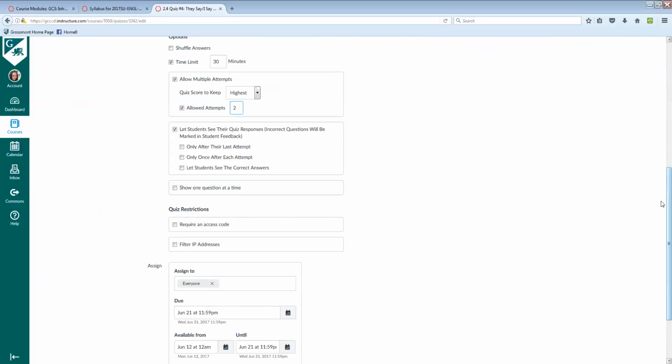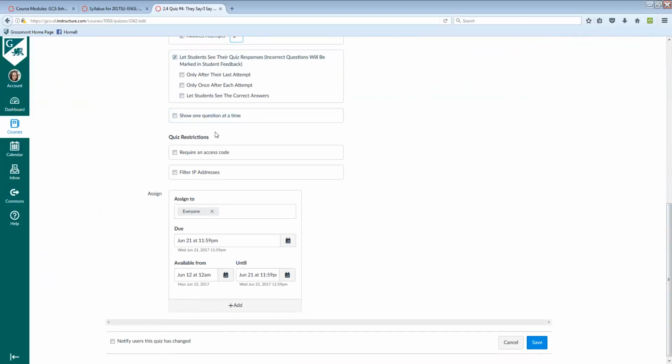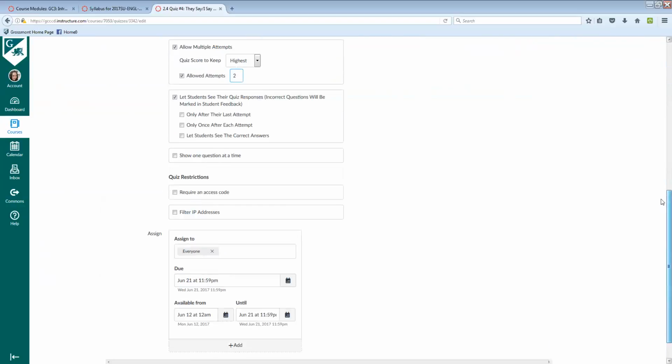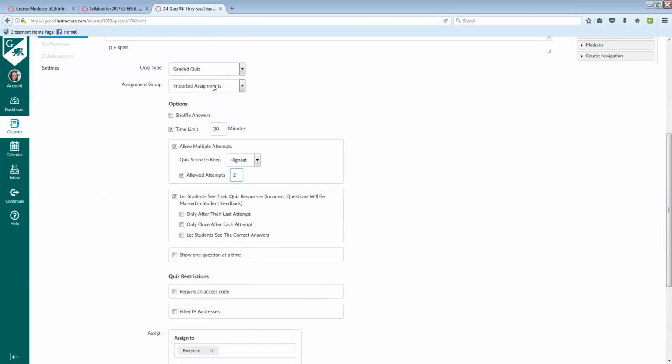You can also say, do you want the students to be able to see the feedback or the responses? Do you want them to see the correct answers or only the ones they missed? Do you want to show 1 question at a time, or do you want them to be able to see all of them? Okay. And then there's a really cool option as well, because if you create quiz banks, let's say